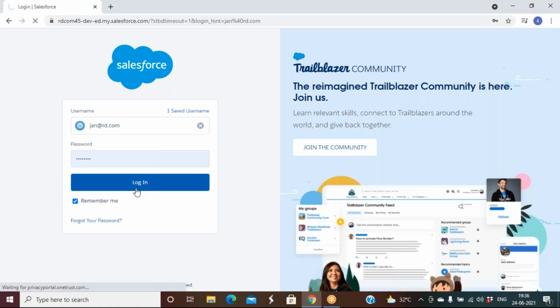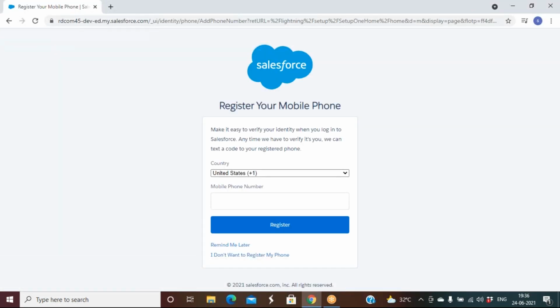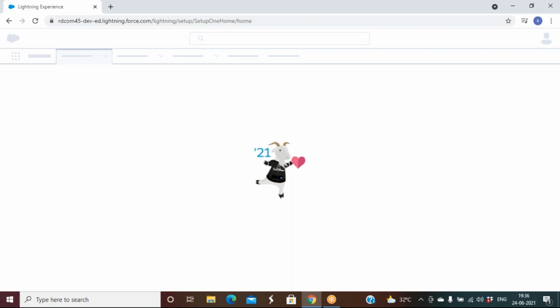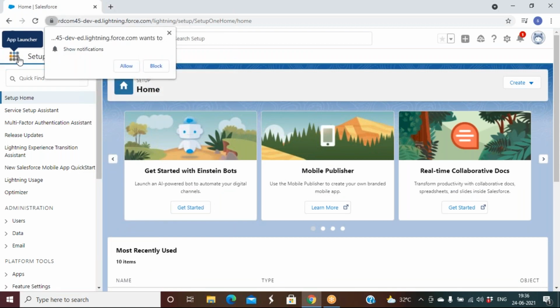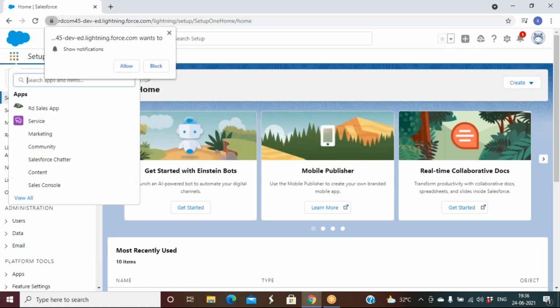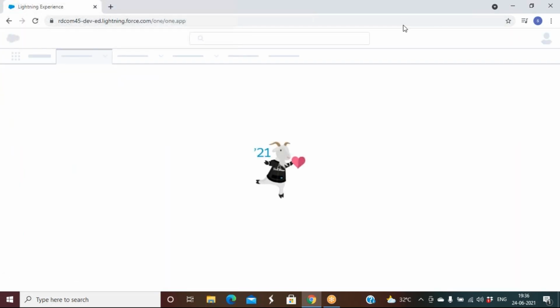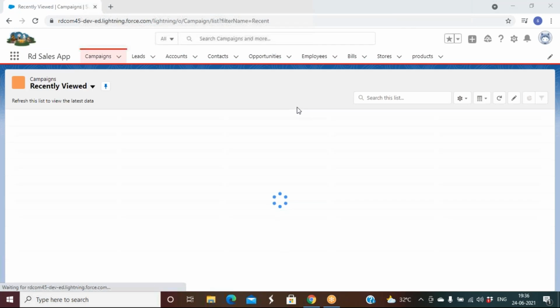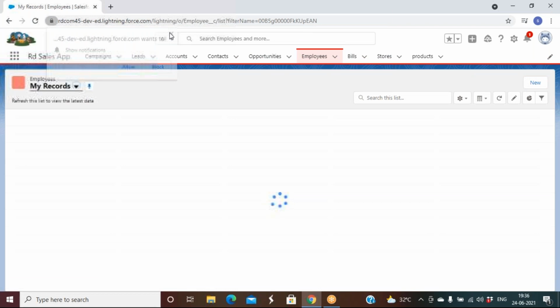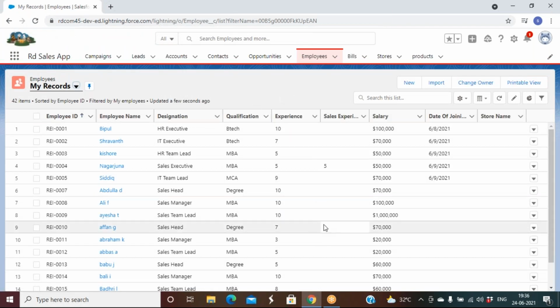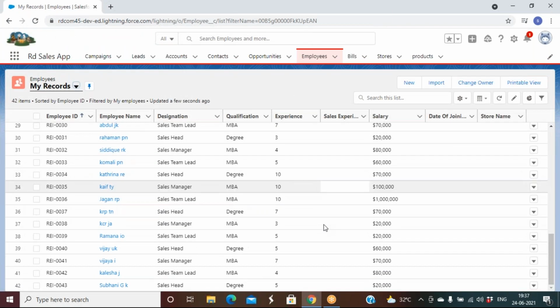Let me log into Salesforce. Let me log into our app. So the requirement was whenever a record is created.